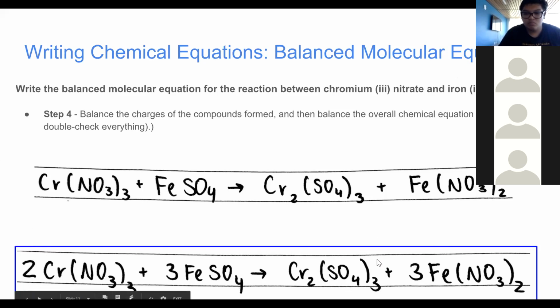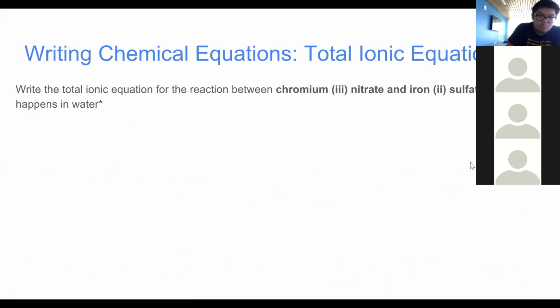And then the same goes for the sulfate. We have 3 on this side, we need 3 on that side. Same thing for the nitrate. If we have 6 on this side, we're going to need 6 on the other side. Okay? So next, we're going to write the total ionic equation